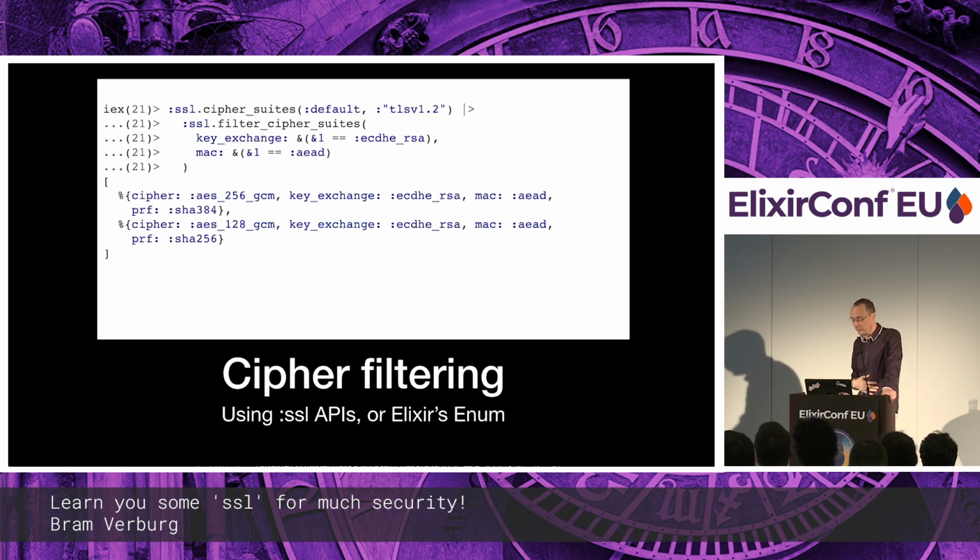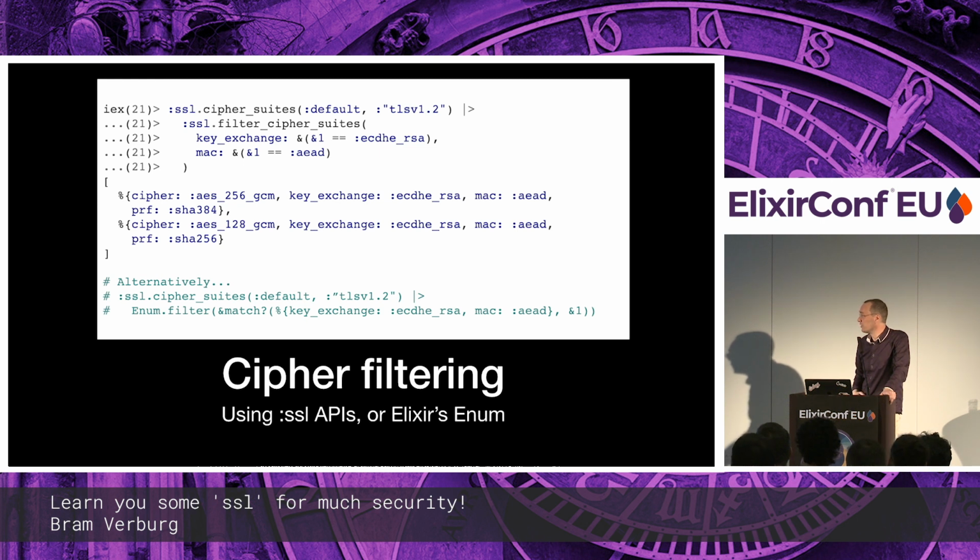Cipher filtering. There is an API in the SSL application for filtering based on some pattern. For example, in this case, we're taking the defaults and then filtering by key exchange. We're saying that we want only ciphers where the key exchange is ECDSA or ECDHE RSA, and only AEAD ciphers. So this returns those 2 ciphers. Now, of course, in Elixir, there's maybe a more idiomatic way of doing it with